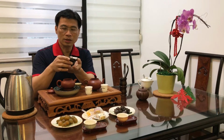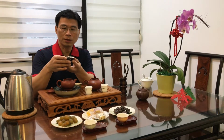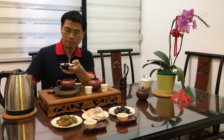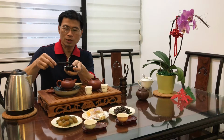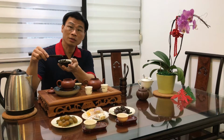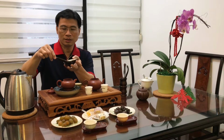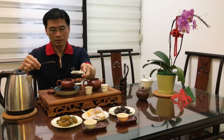Today we are making Jinxuan tea, a type of oolong tea originating from Taiwan. It has a milky flavor and is very popular among Chinese people. Oolong tea is the collective name for all partially fermented teas. Just as black tea is the general term for fully fermented tea, green tea is the general term for unfermented